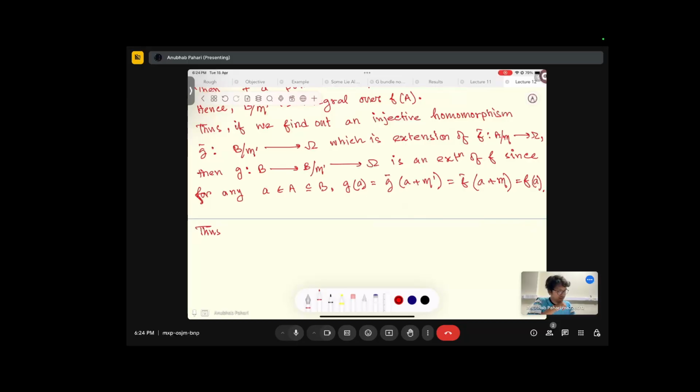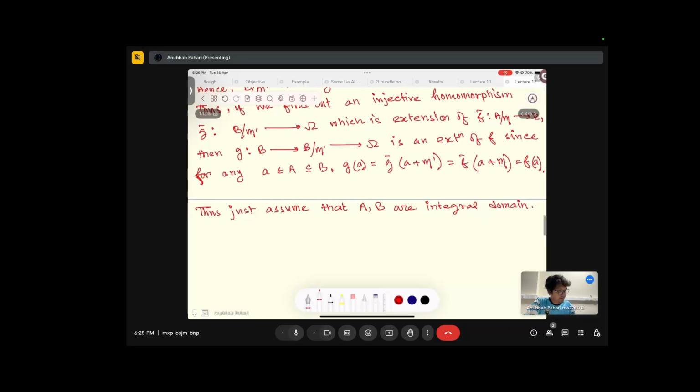Thus, just assume that A, B are integral domains. Let epsilon to C, small h, A belongs to C